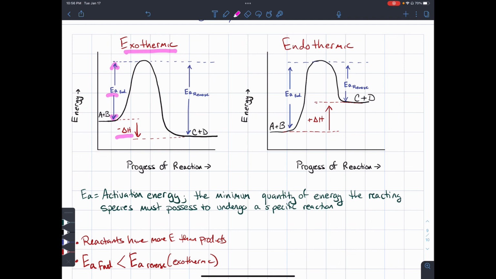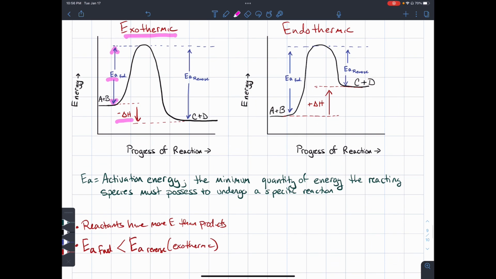Physically, you can think of it as rolling a ball up a hill. If you are capable of rolling a ball to the top of a hill, then when you release that ball, it may release a lot of energy depending on how far it can fall. But first, that sort of potential energy has to be put in. So that is another way to think about it. So the graph on the left represents an exothermic